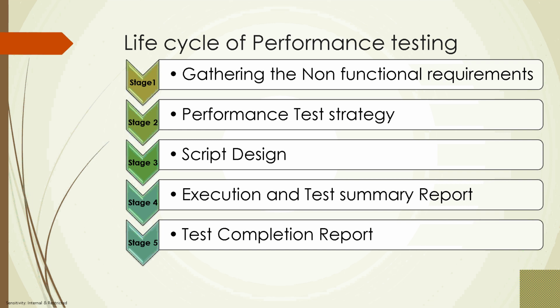So next is stage 2. In stage 2, we are going to put all our plans into a Word doc, which we call a performance test strategy document, wherein we will mention what URL we are going to use, what environment we are going to use, what infrastructure configuration is going to be there for the servers, and how much TPS needs to be achieved for each and every scenario,